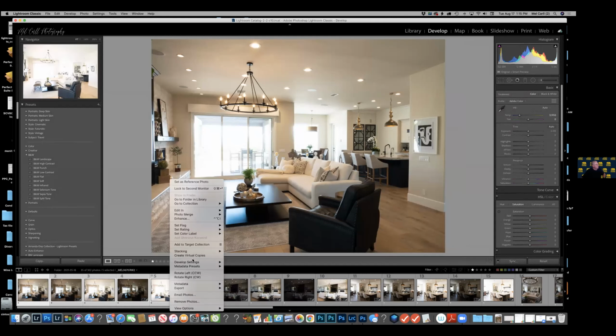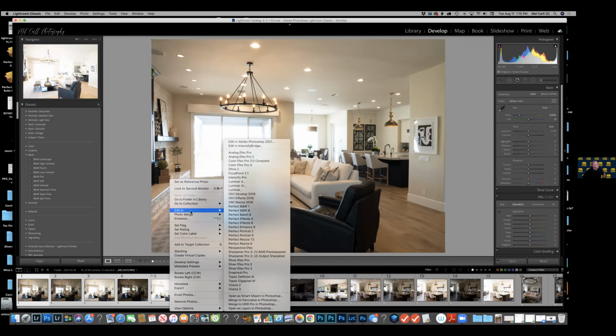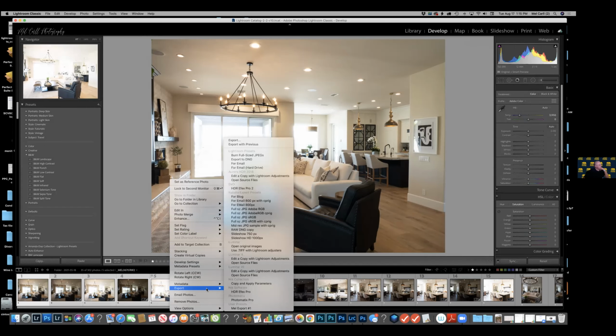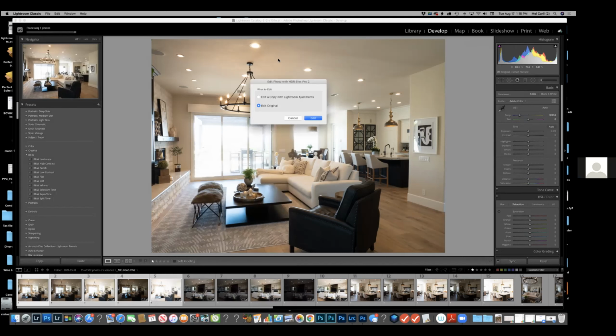So let's go here. Edit. There's a bottom one that says merge the HDR. No, that's Pro, not the right one. Something's, oh, here we go. Let's do it, export here. You had it the very first time you right click. There we go. Okay, so this will take me into,